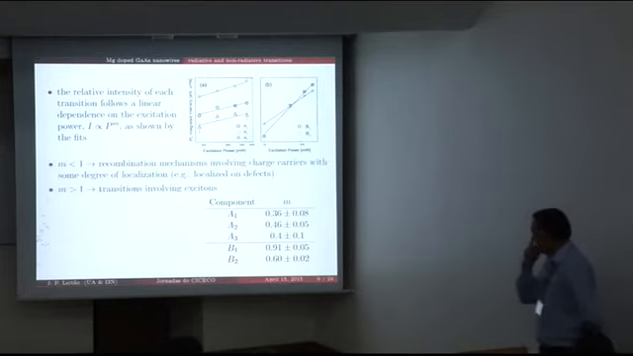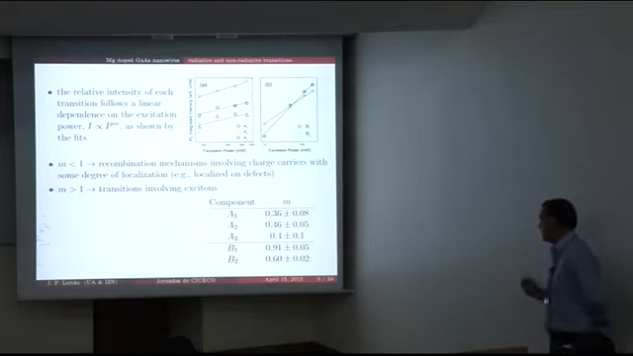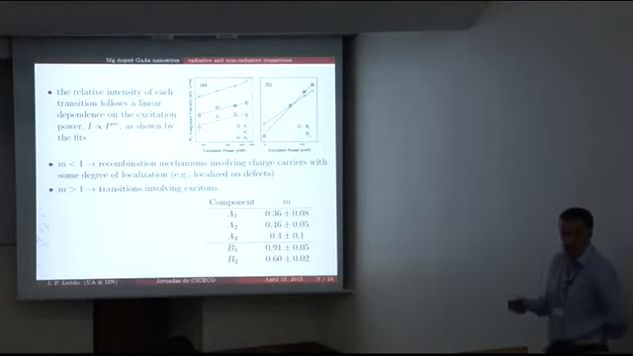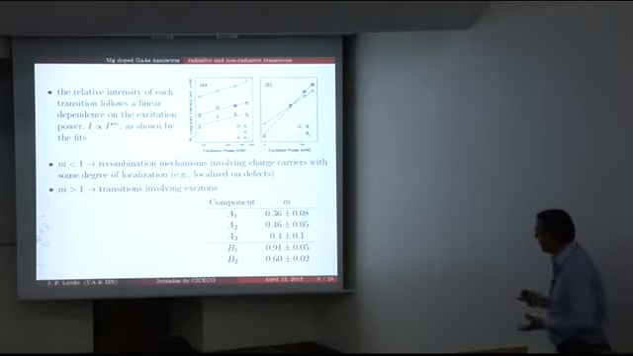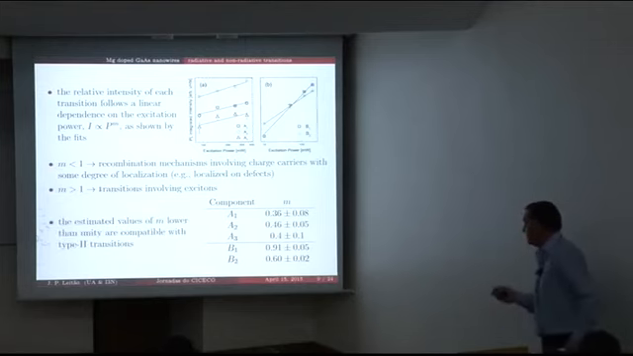We know that when we have values of n lower than 1, we have recombination mechanisms involving charge carriers with some degree of localization. For example, charge carriers localized on defects, as we can study, for example, in bulk materials. And when we have n values clearly higher than 1, we have transitions involving excitons. In our case, we obtain these values, and we see that these estimated values are compatible with